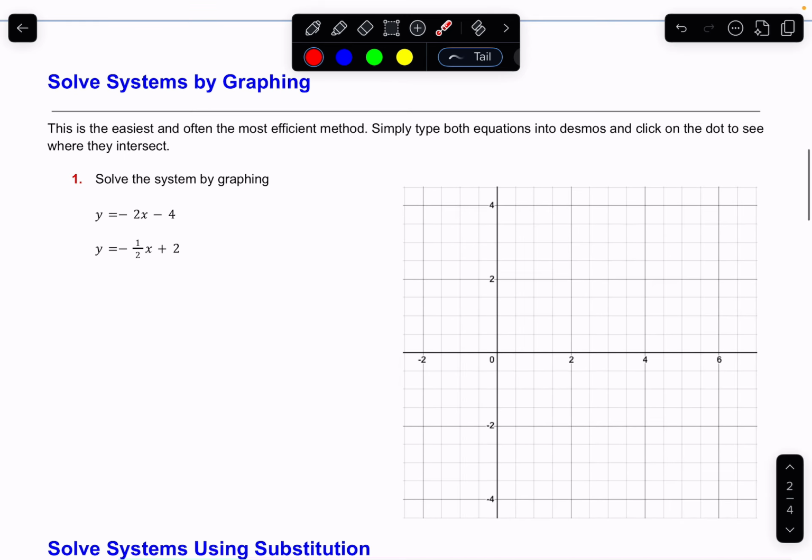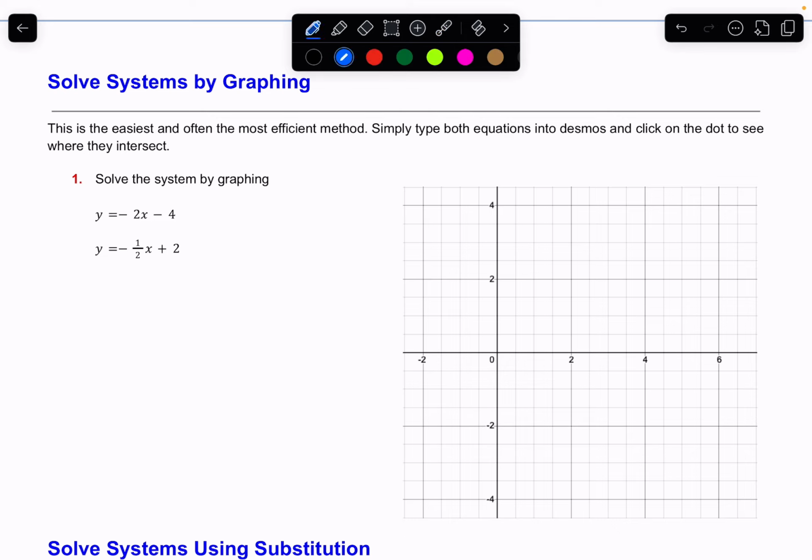All right, so now let's see how to solve. So the easiest method is the one we're going to do first, because you should always use the graphical method to check your answers when you do it the other ways. On your test, I will force you to do it a specific way, but you can always come back to the graphing method to check if you got things right, and it might just give you a head start to getting to the answer anyway. So all we're going to do is type both equations into Desmos, click on the dot, and see where they intersect. So real quick, before we use Desmos,